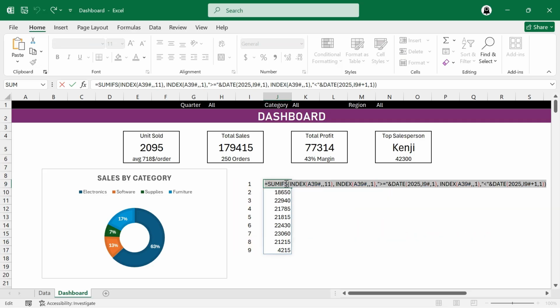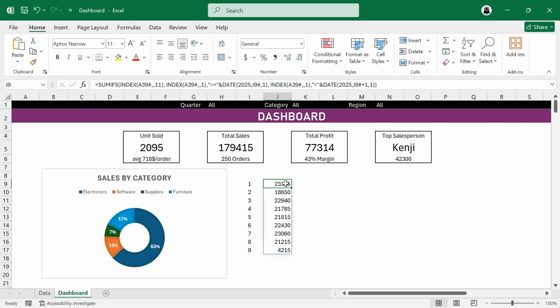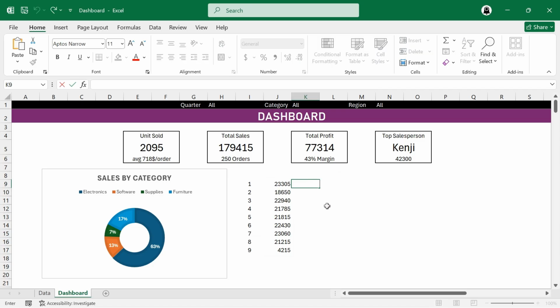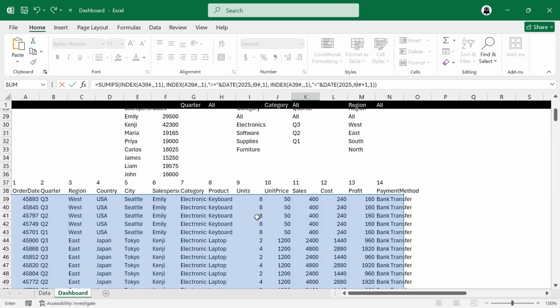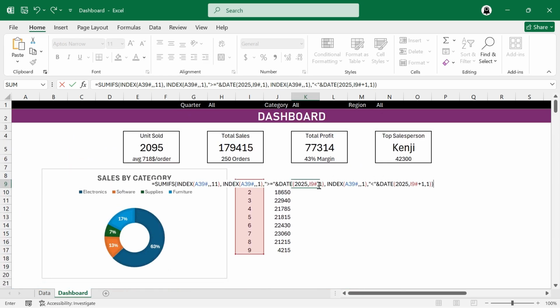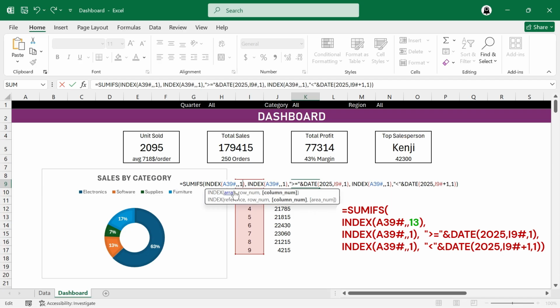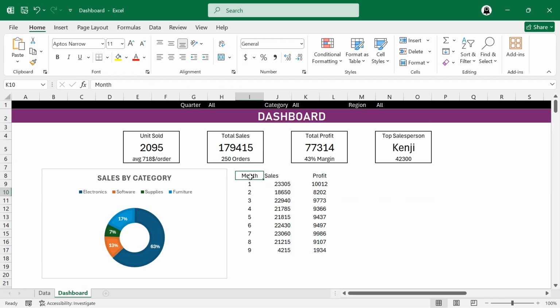Optionally, we can also include profit in our monthly chart. To do this, we need one more column that calculates profit for each month. Simply copy the existing formula and paste it into the next column. Now edit the copied formula and change only the first argument, which currently points to the sales column. Replace the column number 11 with 13 because the profit column is in position 13 of our filter table. Now we have a summary table with 3 columns: month, sales, and profit, ready to create our monthly sales and